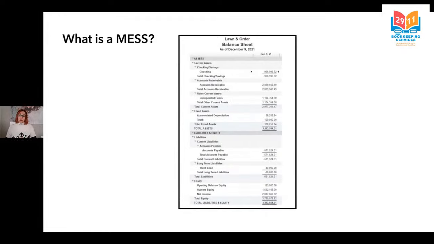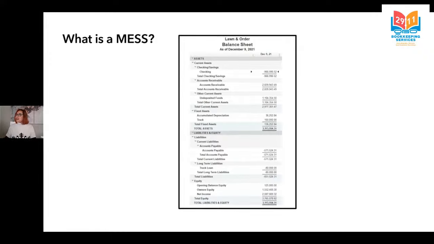I've pulled some reports in QuickBooks. Now, these are from QuickBooks Desktop, but financial reports are all going to tell you the same information regardless of what they look like. And when you're looking for a mess, usually a great place to start is on the balance sheet. Now, I want to point out a few fields that could potentially indicate a mess here.